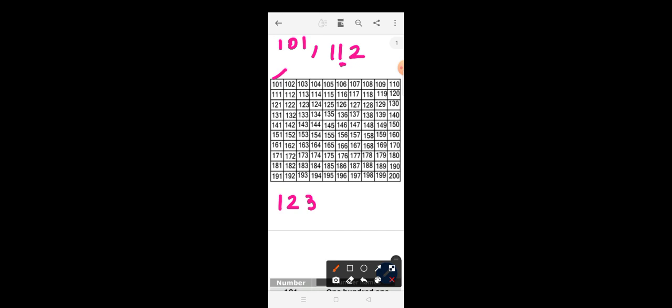Okay, so I'm going to color 112, 123. Okay, then like that 134, 145, 156, 167. This I will make you understand more in the live class, don't worry. 178 and 189. Only these are the numbers that need to be colored, only these boxes. Okay, so that's all for today, children. The video is a little long, but we need to do it. Thank you so much. God bless you. Bye bye.